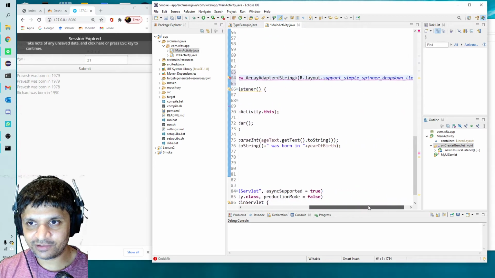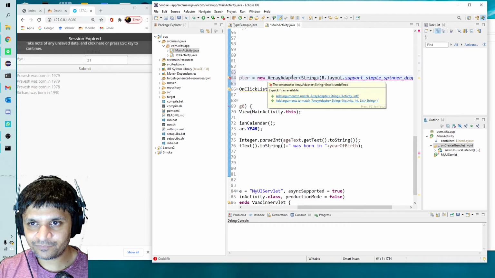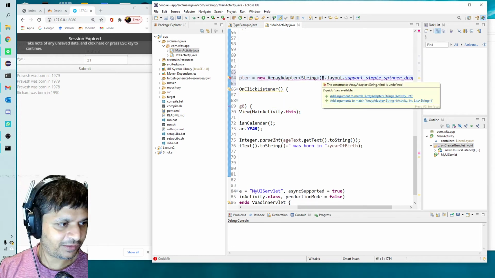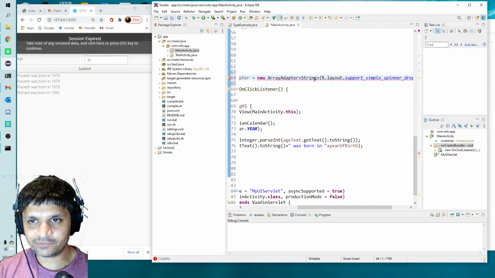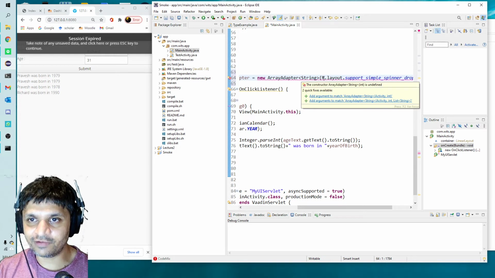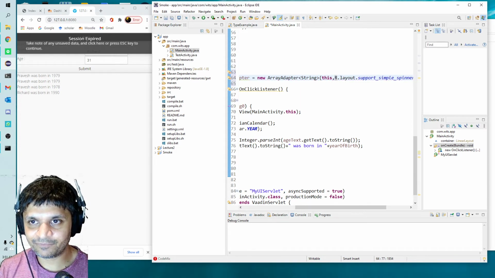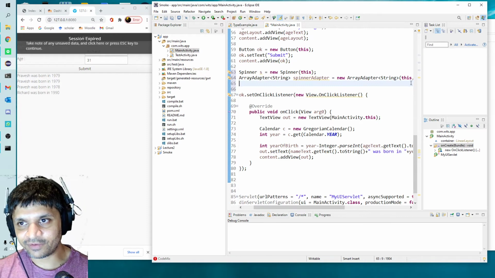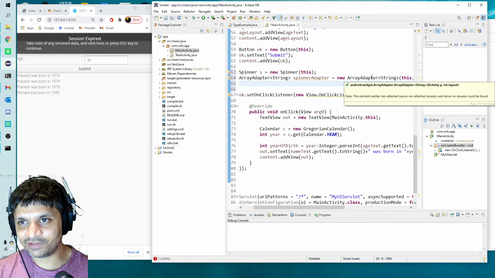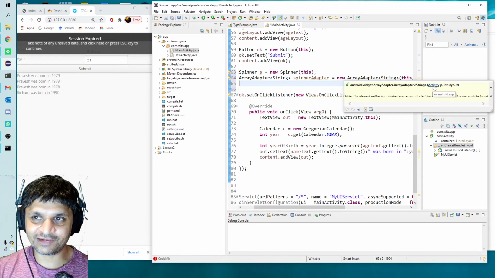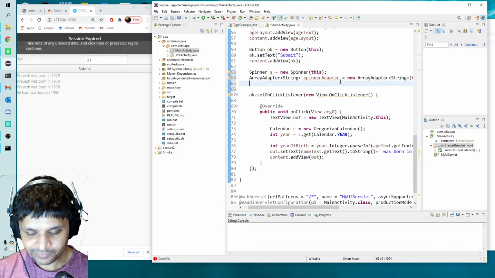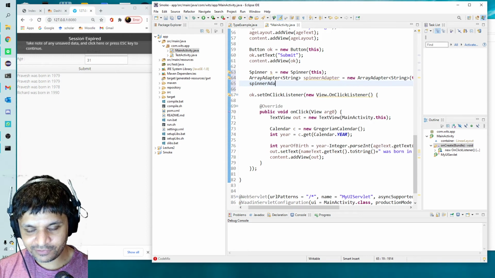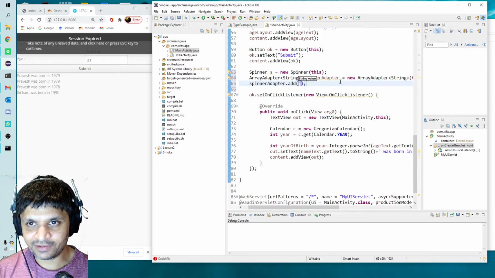But basically you make an array adapter, and it should... what have I done wrong? Oh, activity. Okay, so I need to also give it a link to the activity itself. So I need to say this. You saw I could figure that out by just hovering my mouse over here, and it told me this thing wants an activity and a layout, and I had only given it a layout. So I gave it this, because this is an activity. Then I could say spinnerAdapter.add, and maybe